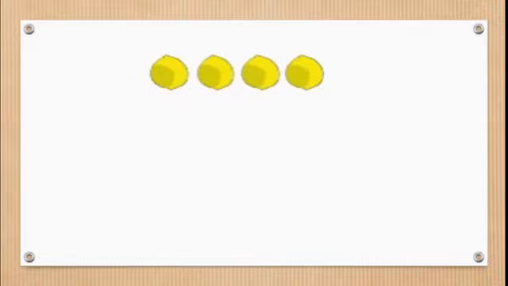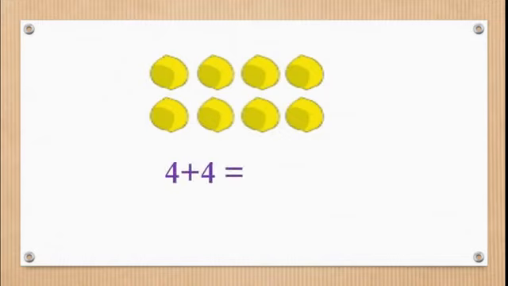Yes, here 4 lemons are there. In one row, 4 lemons are there. Yes, one more row is there. Means in one row 4 lemons and the second row also has 4 lemons. Means 4 plus 4 is equal to 8. You know that. Correct? In one more method, in the multiplication method, how will we do? 4. How many rows are there? 2 rows. So we will multiply 4 into 2. That is 8 lemons all together.